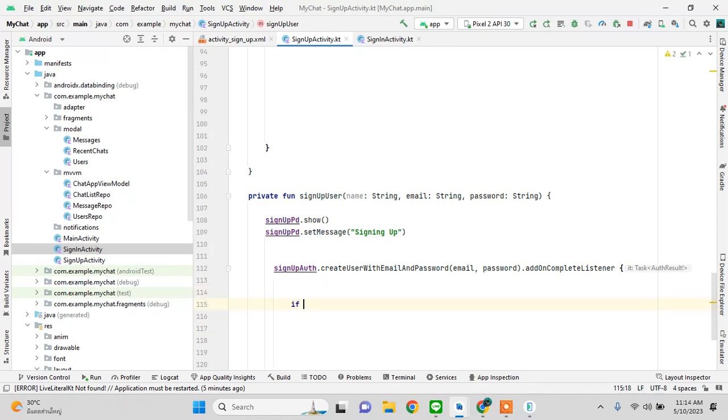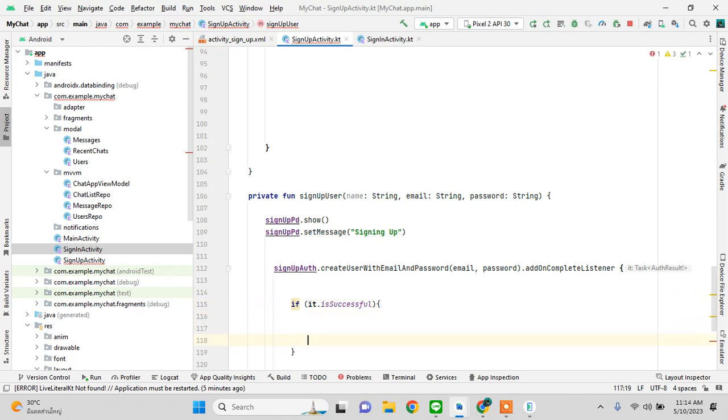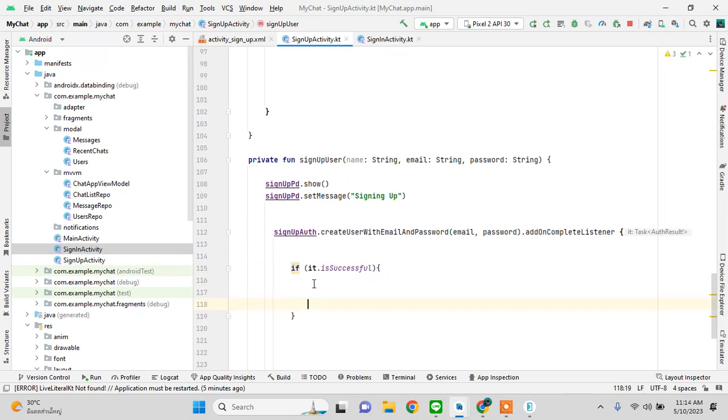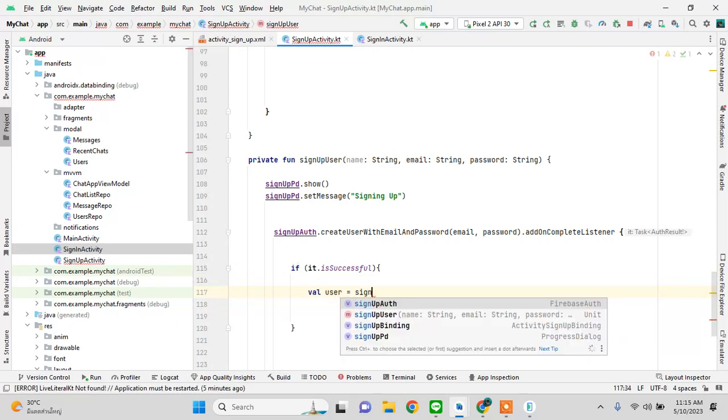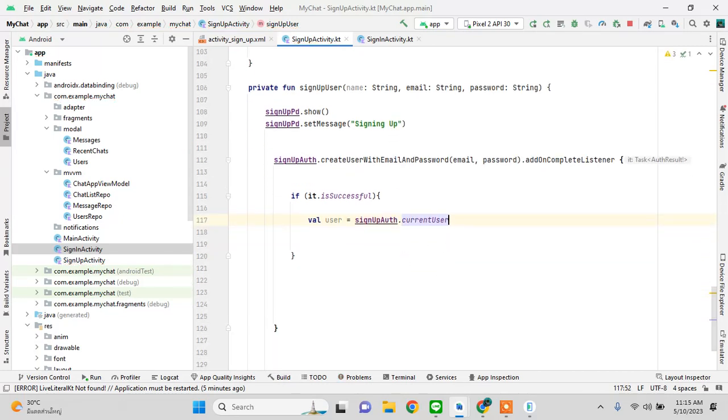If it is successful, we will store the current user, and here